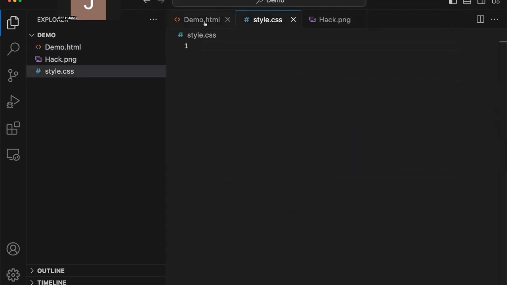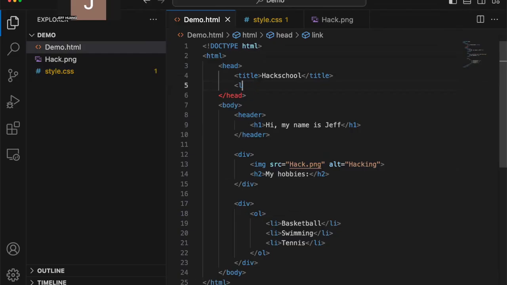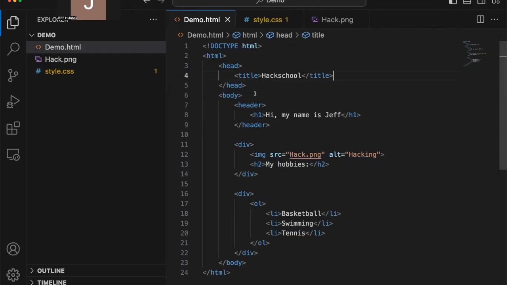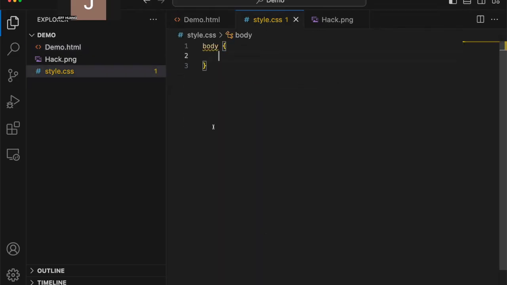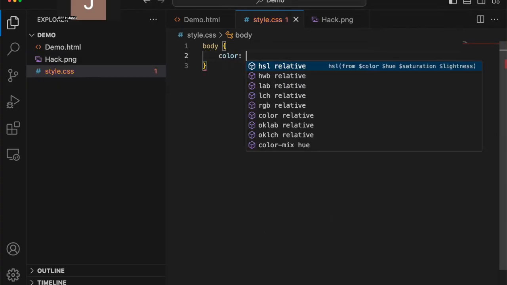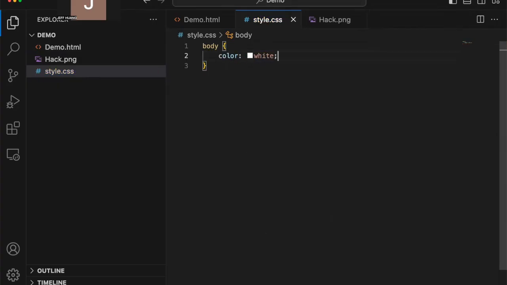Or actually, let's change it first. You can change your body, and you can change the color of this, or any part of your body that you want. We can first change the color to white. That just defines the body to be white.